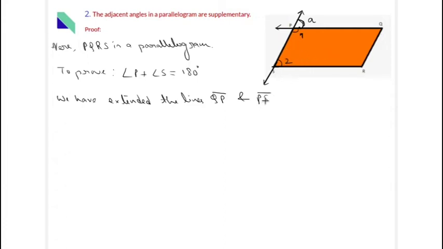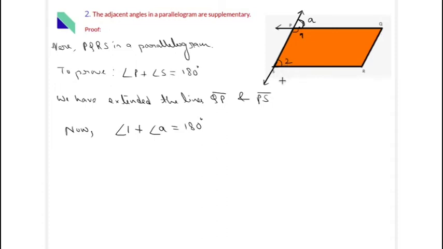Now see, angle 1 plus angle A. If we add these two angles, we will get 180 degrees, because they are forming a linear pair. So now angle 1 plus angle A equals 180 degrees. Again, see, PQ is parallel to SR, and PS is the transversal. That means angle A and angle 2 are equal